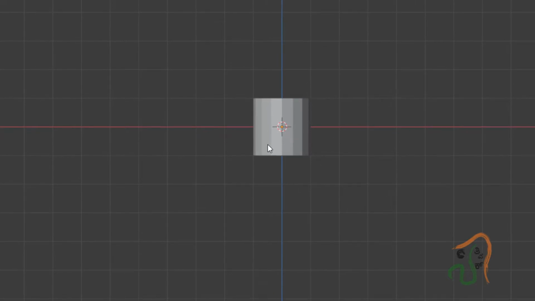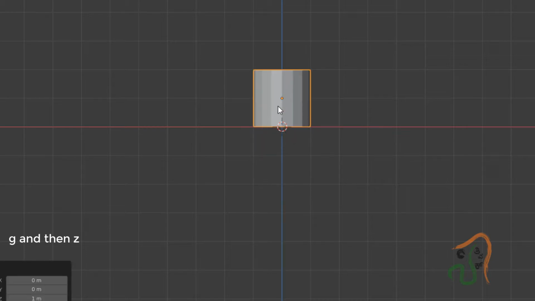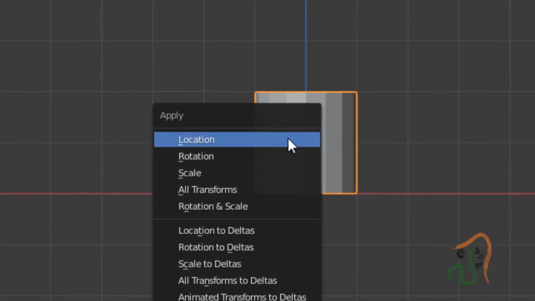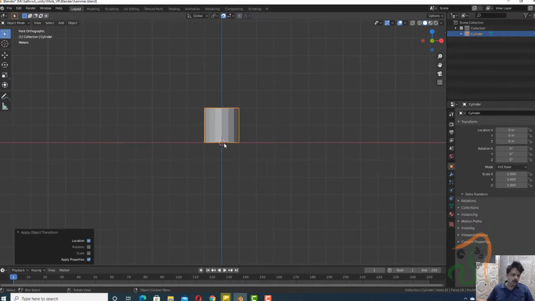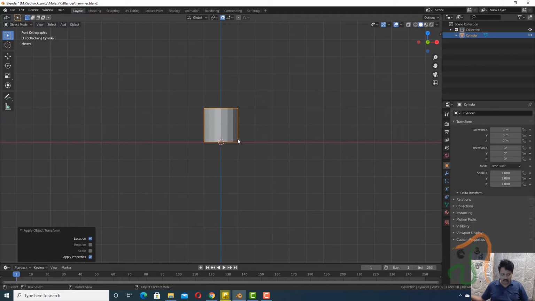So to rectify it, what we shall do is select this entire cylinder, press Shift plus Tab to switch on the snap mode, and press G, and along the Z axis move it to this origin point, and still the origin is at the center of this cylinder. To set it back here, now let us press Control A, and when you press Control A, you have Apply Location. Click on Apply Location, and you can now see the origin point has been shifted to this base. So that the base is the origin point.